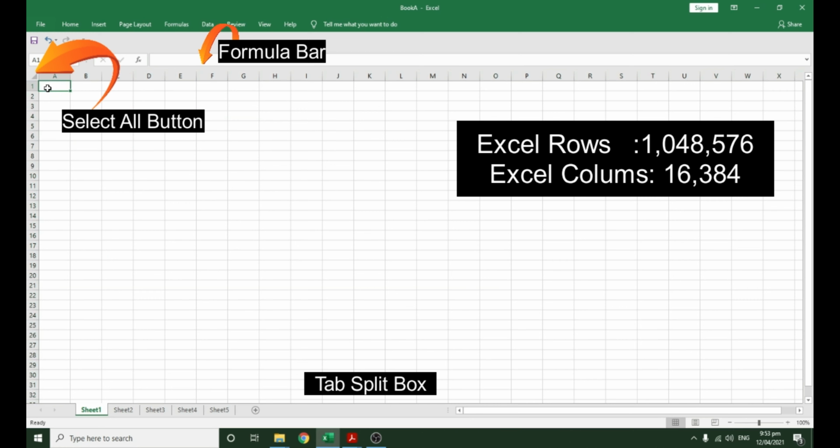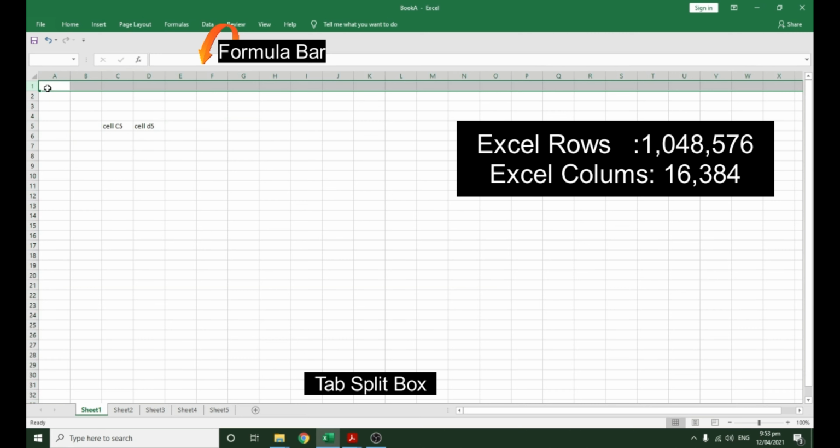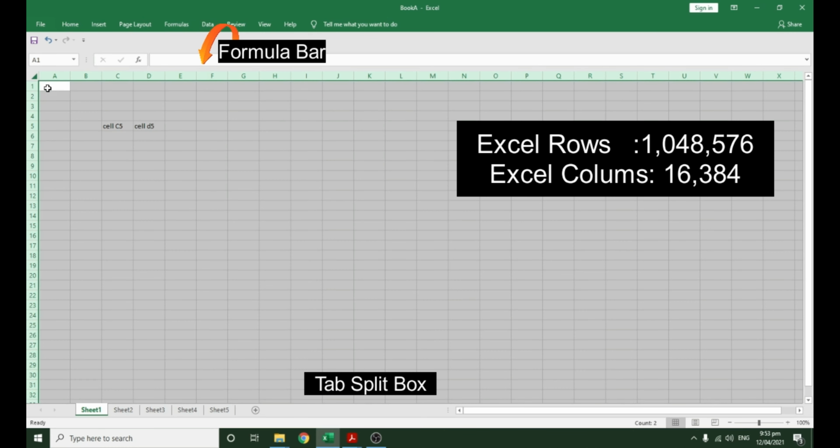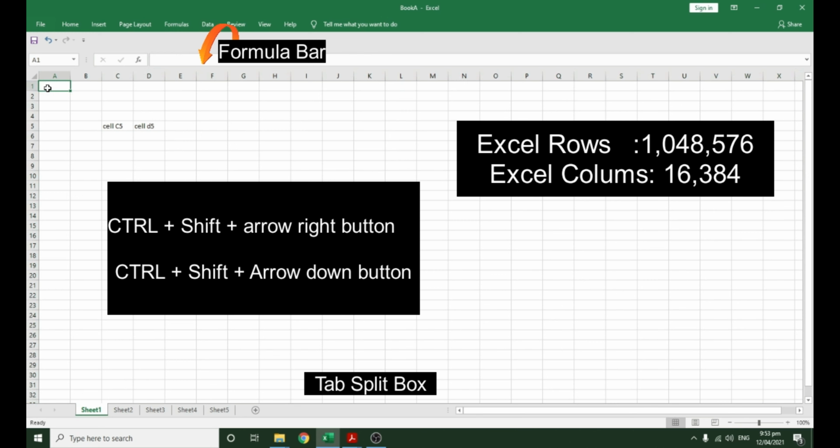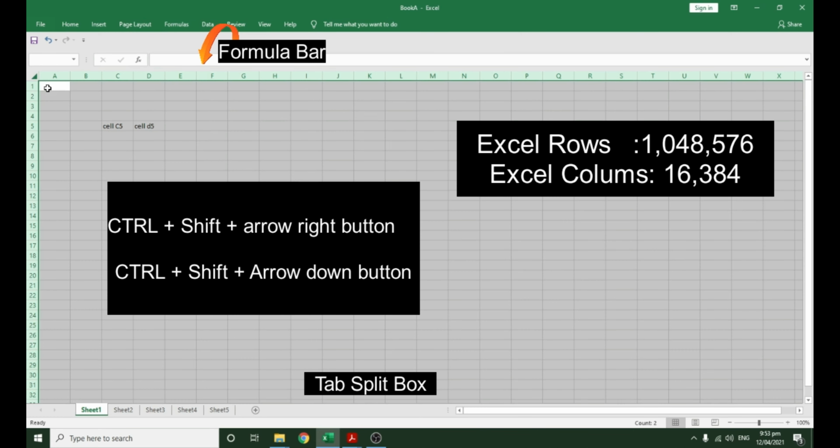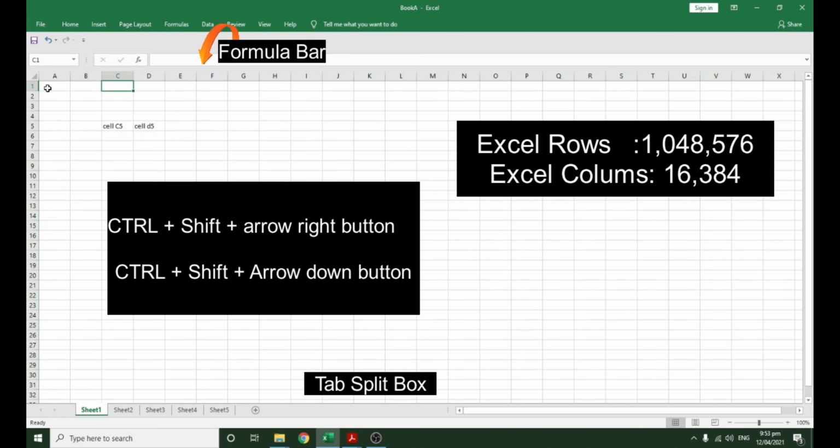Another option to do that, if you want to select, is Control Shift arrow right and arrow down. So it's selecting the whole column and then selecting the whole rows. So Control Shift right and then Control Shift down. Okay, if you do that, then you will be selecting the entire worksheet, similar to pressing the upper leftmost part of our worksheet earlier. Okay,